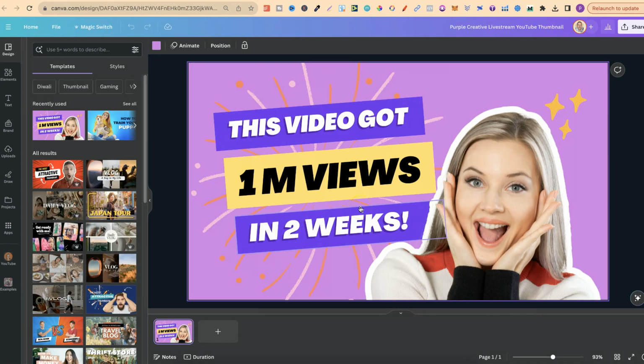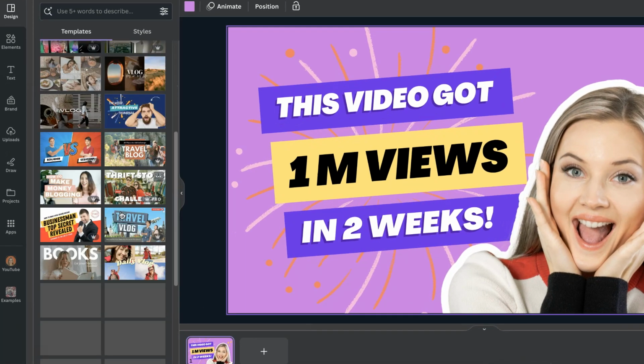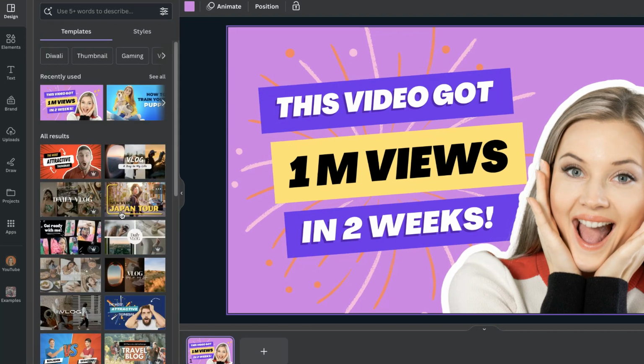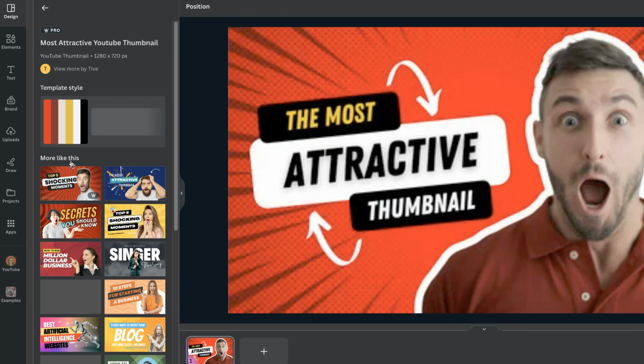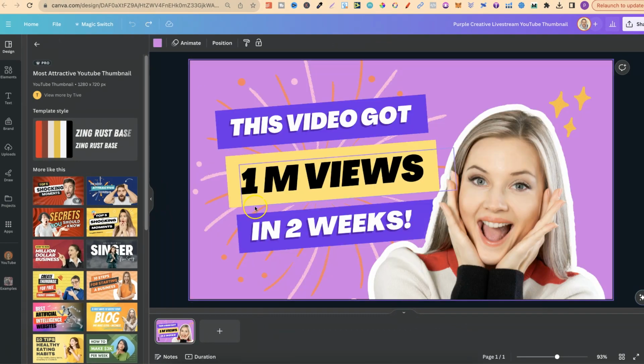Now from here, we also have a few different options. If we look over here on the left hand side, we have all of those templates again. And if we want to change this template, we can simply click on one of these and it's going to change it. Now, if we go back to undo, let's go back to this one, because everything here is completely